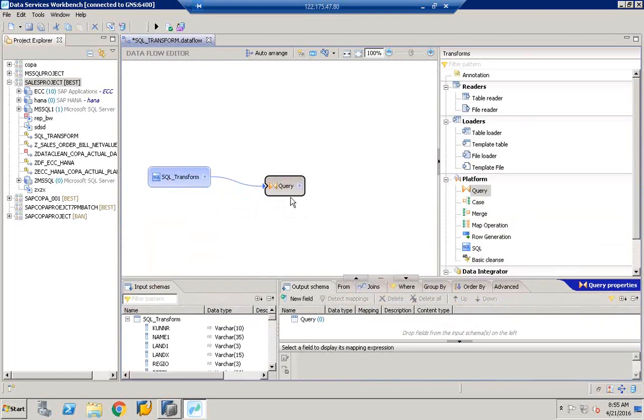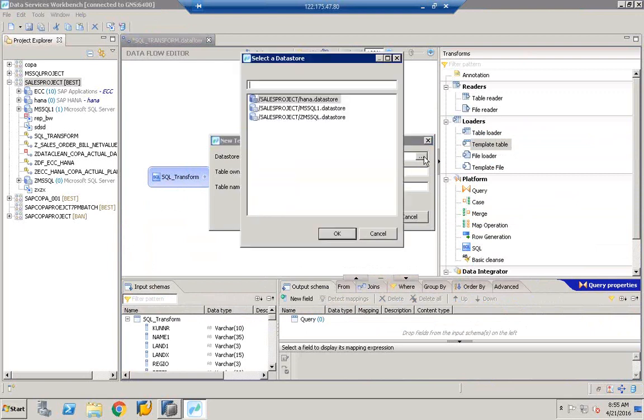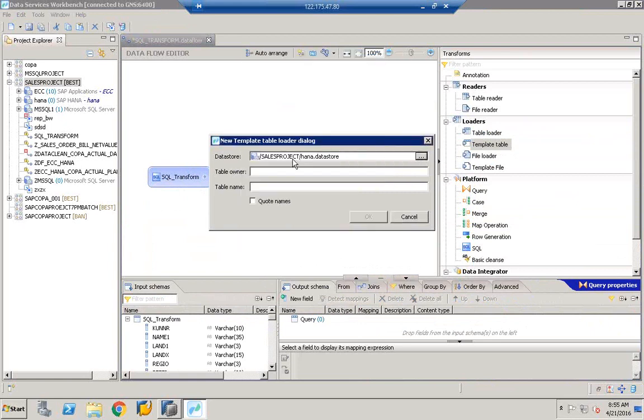For example, I would select template table, drag and drop onto the work area. I select the data store, click on this icon, double click. So HANA is the data store,